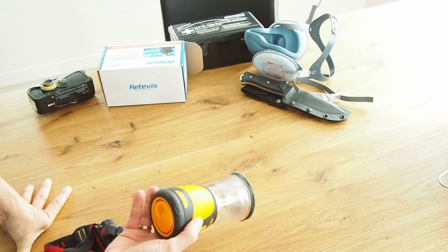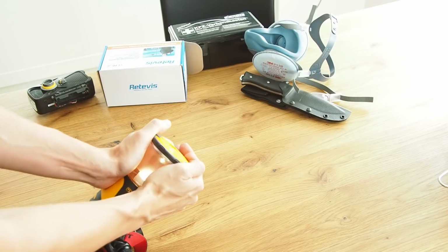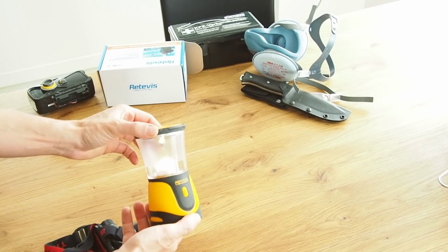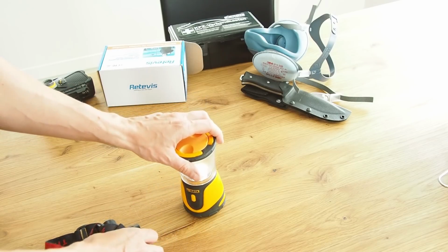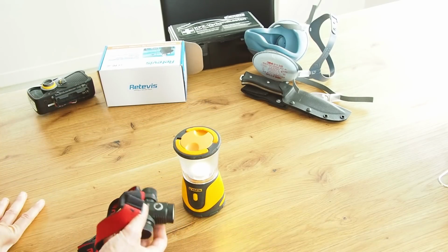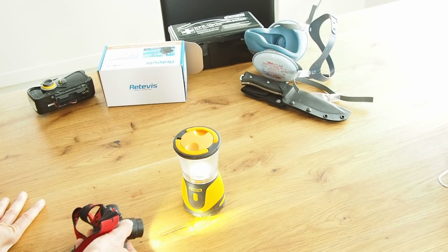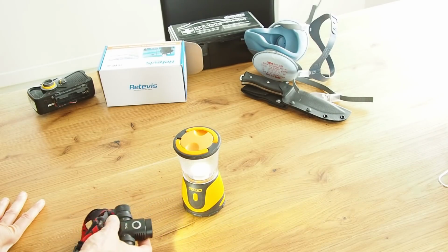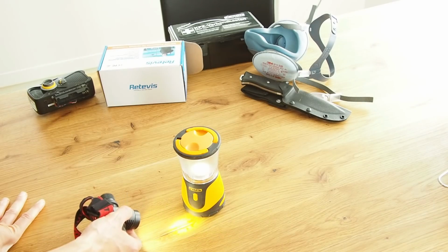Make sure that you get a good one. This one here is actually a really low light lantern. I should have gotten the bigger one, so it's not really strong. But I have multiple flashlights, and I always make sure that I keep my batteries charged on a monthly basis. This is important. If there's a blackout and there's no light, and when it's getting dark, you want to